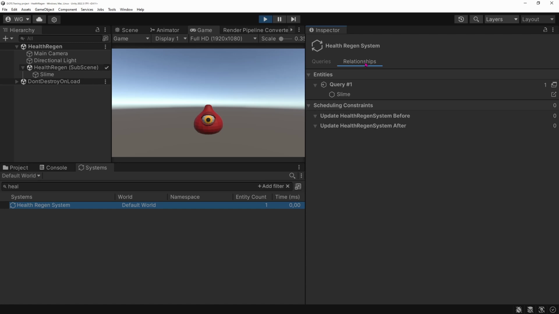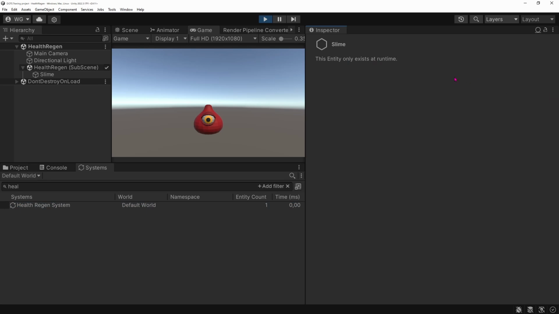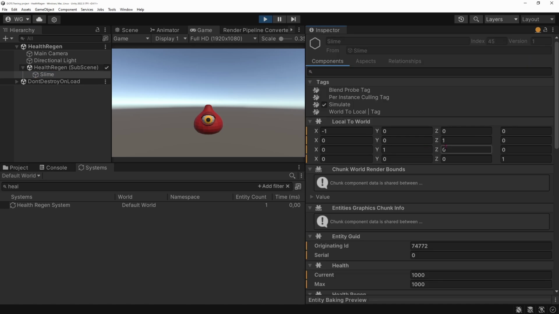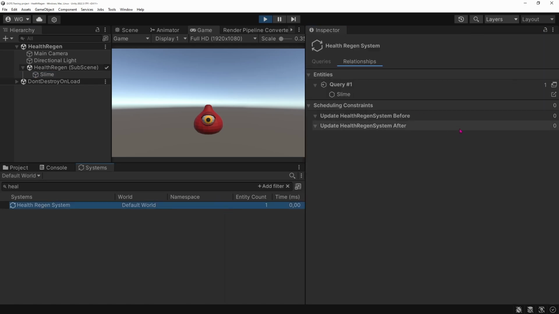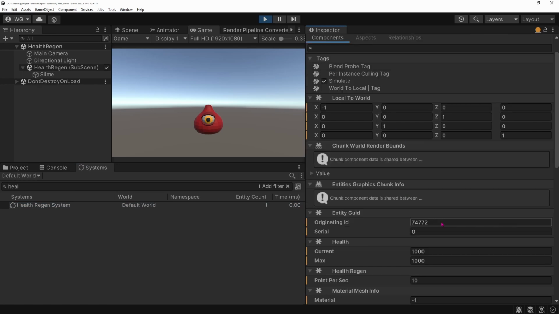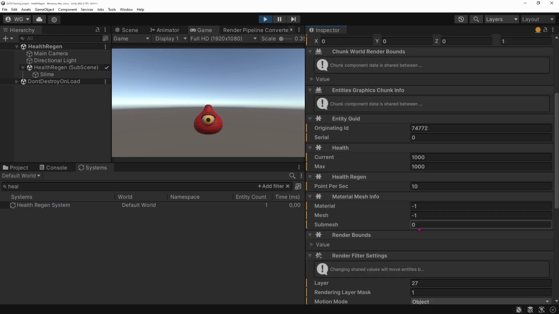You can look at the relationships, and you can see that for that query number 1 here, we have one entity, which is the slime. And you can go back to the slime and see that the entity, okay, if I click on runtime, sorry. If you are selected in runtime, you will see the ECS components of that entity.